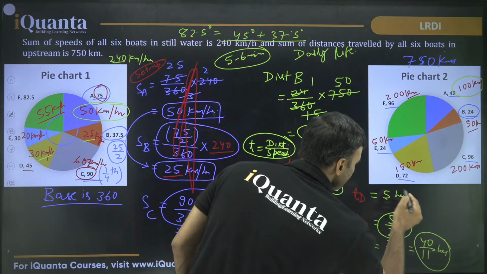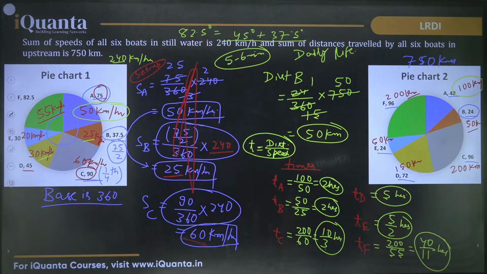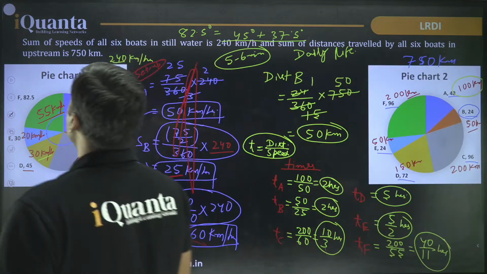Yes, can we see some confirmation whether you understand till this point or not? Do you understand till this point? Or did I make any mistake now? Did I make any mistake? I hope I have not. Time of D, let me check that. Yes, correct. 150 by 30, that is 5 hours. Fantastic. Let's take up the first question.